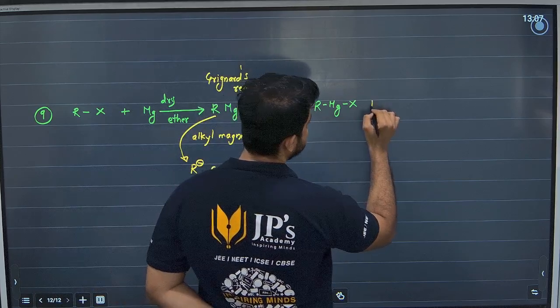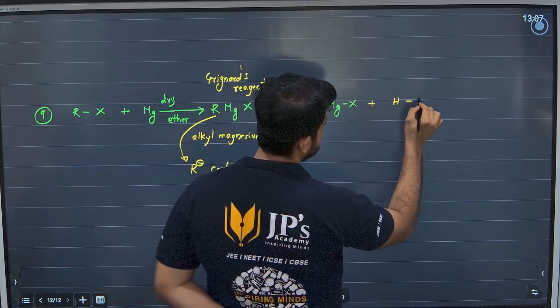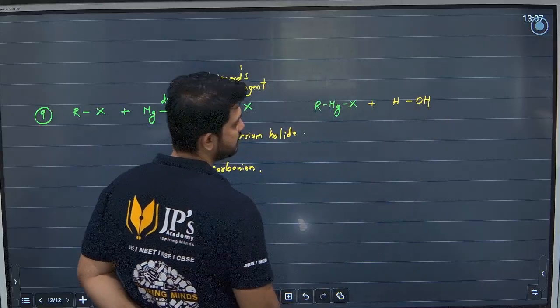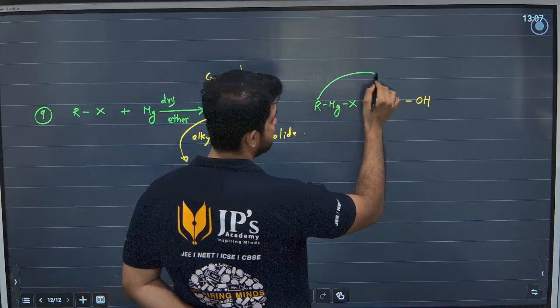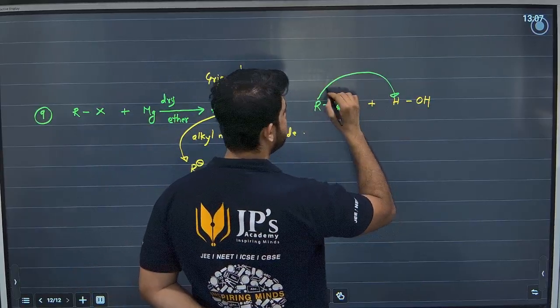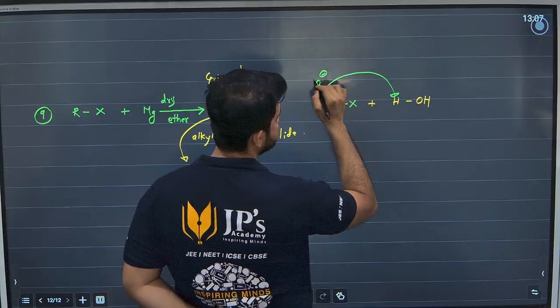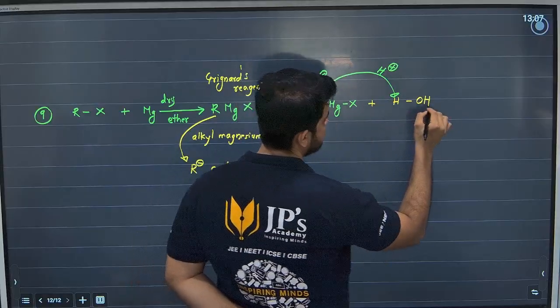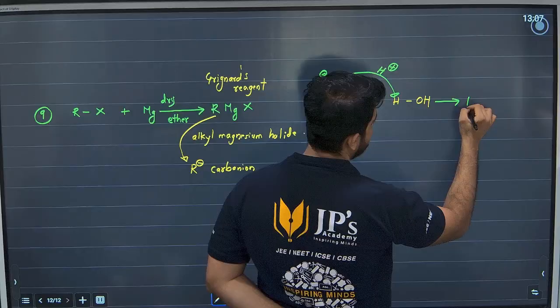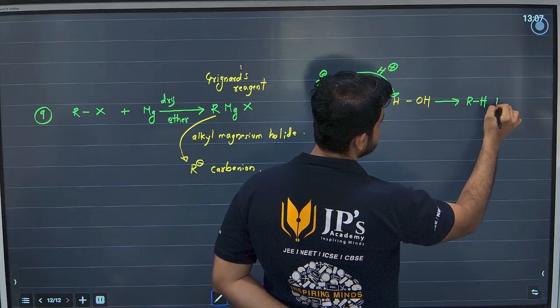And if I have, what is this? क्या extract करता है R? R minus will extract the H plus, क्या बन जाएगा वो, RH